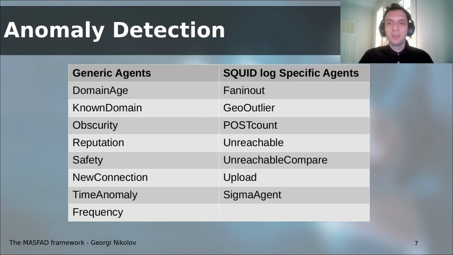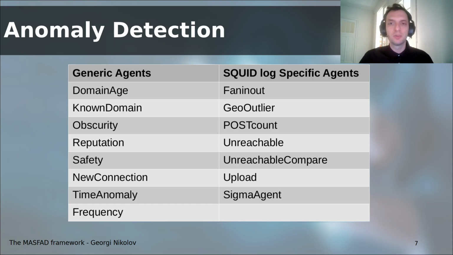So to aid the anomaly detection, we have designed so far a group of different agents, some of them generic and some of them more specific. The generic agents, for example, don't focus so much on the type of data they analyze, and focus more specifically on certain elements of the data, such as the type of connection, the frequency of the connection, the time the connections have been established, for example, the domains and the servers that the client connected to.